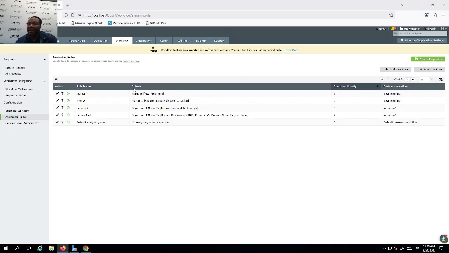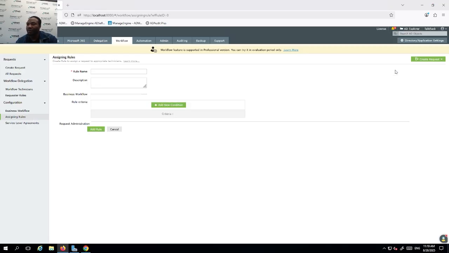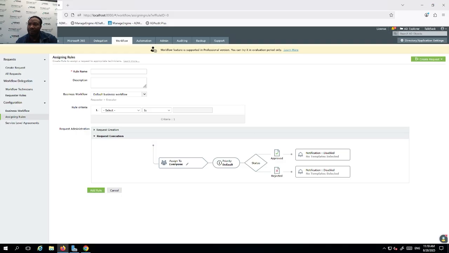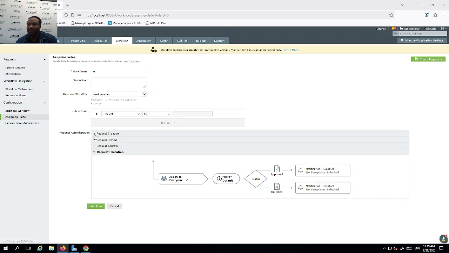Now we can create a new rule for this workflow. When we create a new rule, we select the name of the rule, we add description, the business workflow. We can add our business workflow. I think that we did not save that, but I will choose seminar, which is already configured. We add our business workflow, and we can create our new rule. We can call it AS1, and